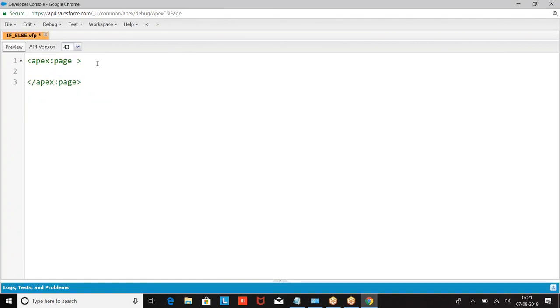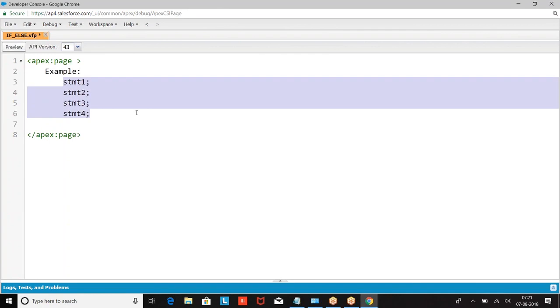Now look at this. If I have some program like this, statement 1, statement 2, statement 3, statement 4, and I execute this, what will be the output?